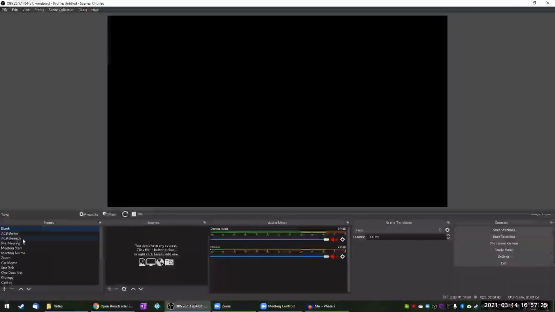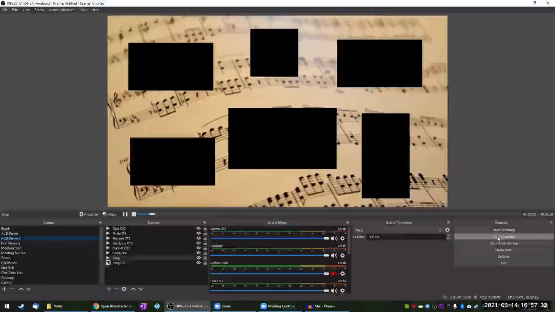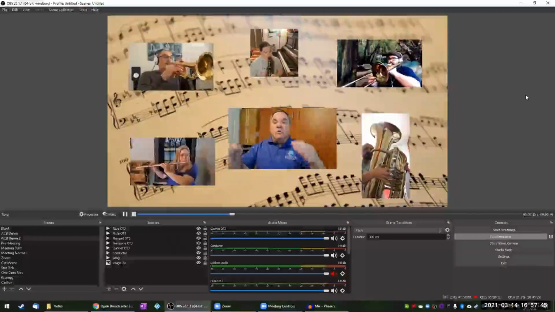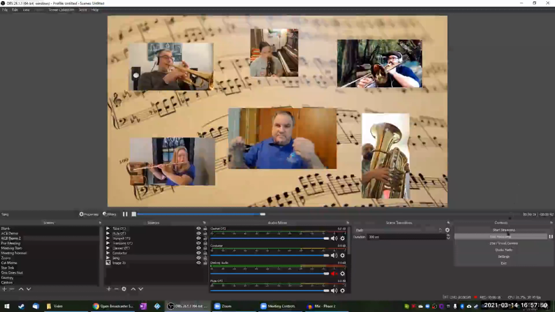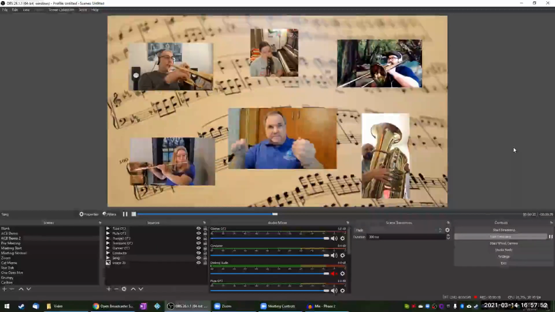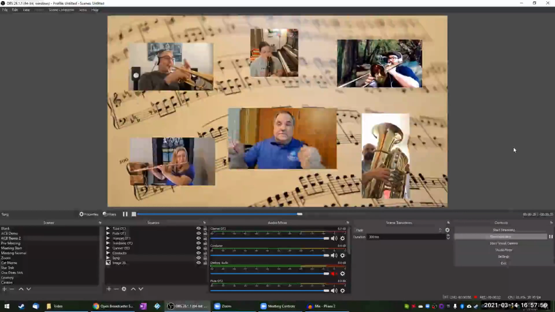And then I'm going to do the recording. I'm going to click on my scene that has everybody in the song, and then I'm just going to come over here and click start recording. What that does is it records everything that's currently displayed in this preview up here. It's not going to get these blue lines that show up when I move over it, though. That's just for reference. But I'll let the whole project record. And then when it gets to the very end, I'll stop. And again, keeping in mind that we're going to be able to trim off the beginning and end, anything we don't want for the final product.